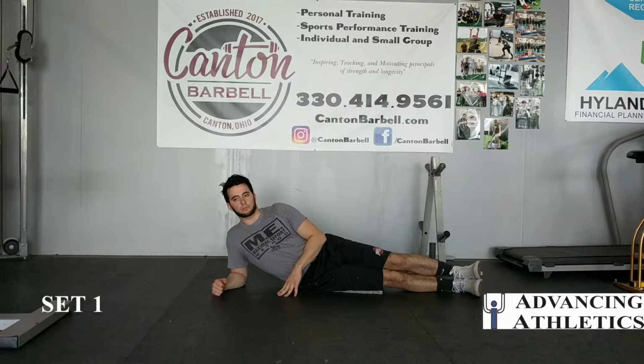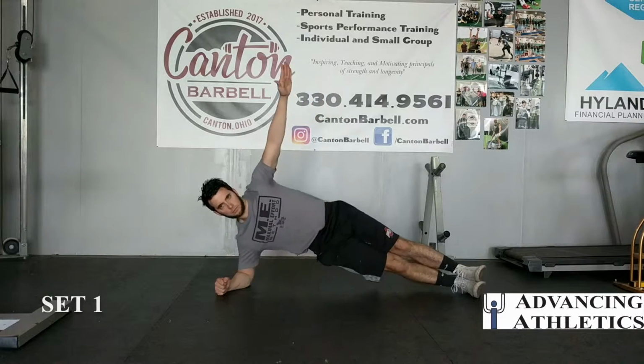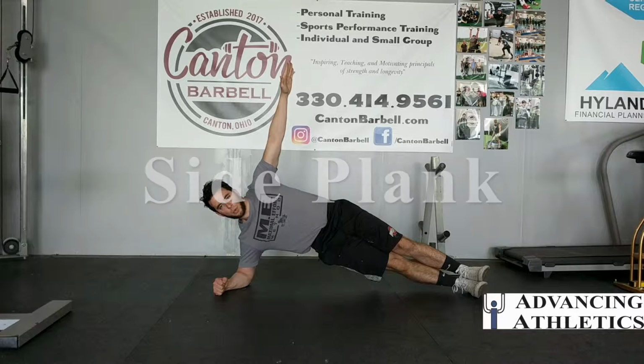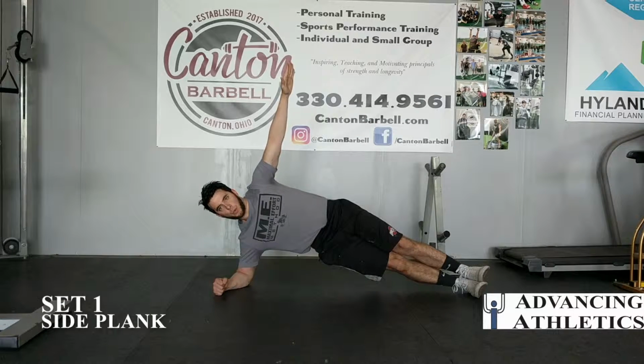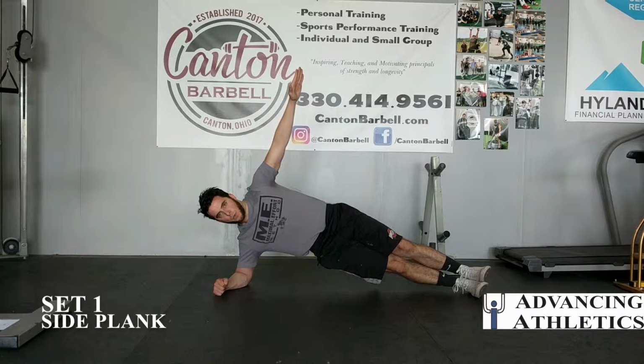For the final exercise in set 2 of day 3, we have the side plank. These same instructions work for the no equipment variation as with your normal workout. So Michael was making the point to not allow his pelvis to roll backwards or too far forwards. See how his sternum, his chest, is equal with his groin and his legs, and he's using that upper arm